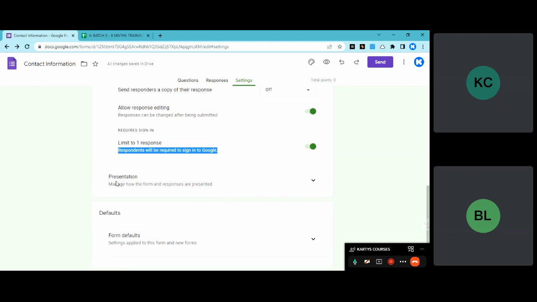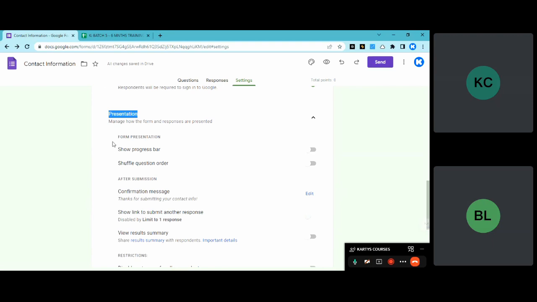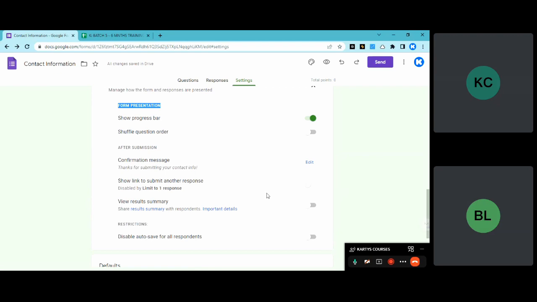Okay, next, presentation. Manage how the form and responses are presented. So let me click down here, down arrow, and then there says form presentation. Show progress bar. Do you want to show progress bar? Yes, why not? Shuffle question orders. No, I don't want to shuffle question orders. Okay, after submission,